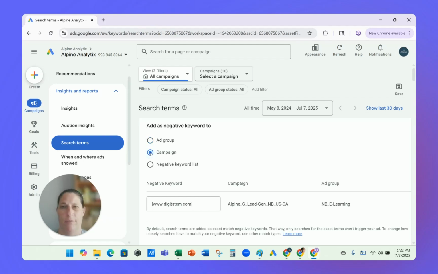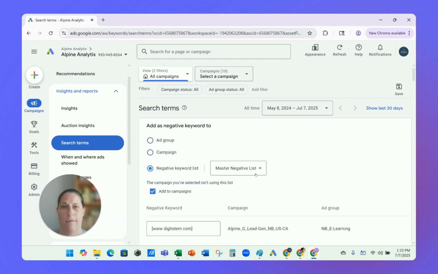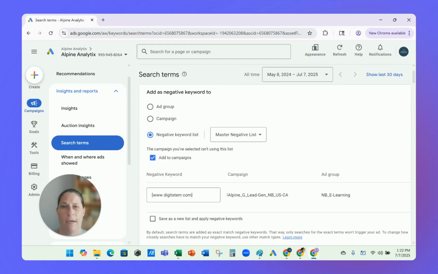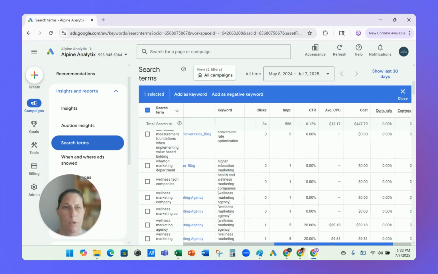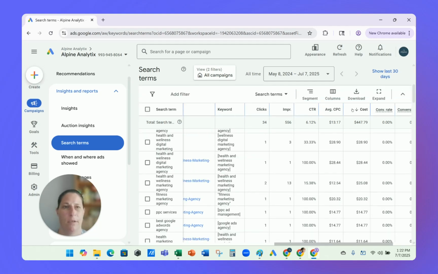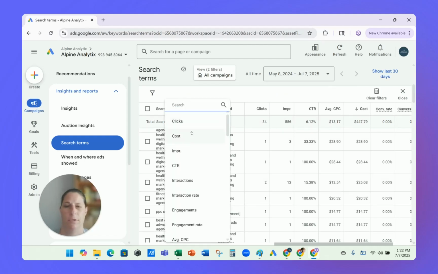You can do that right here from the interface at the campaign level, like we talked about. If you already have the negative keyword list in the shared library, you could do that. What I find oftentimes is that I will sort this data. So for example, if you have cost data populating in here, sort it in descending order so you can see, okay, this is where we're spending the most. You can also filter it. So like, for example, you could do